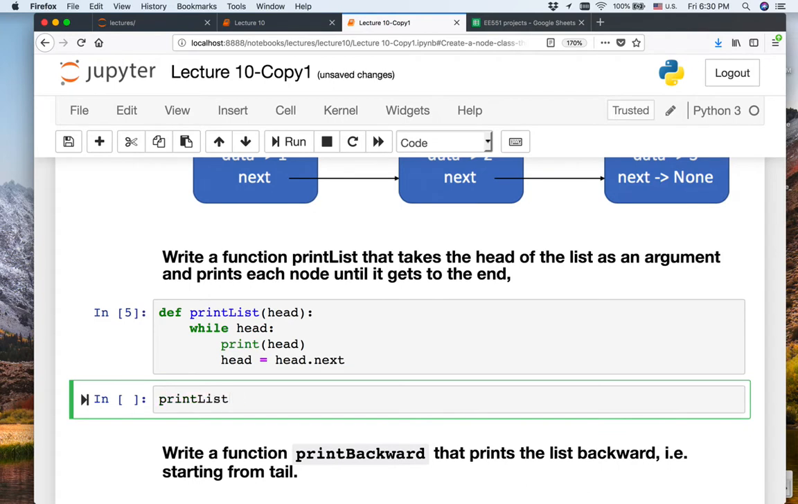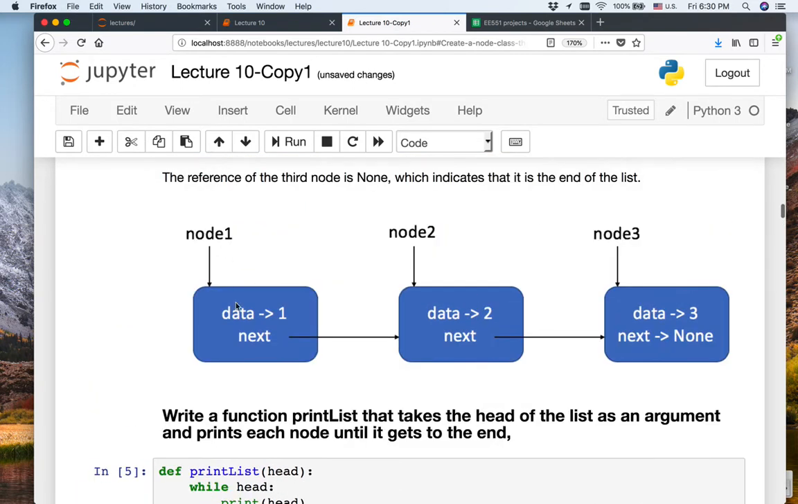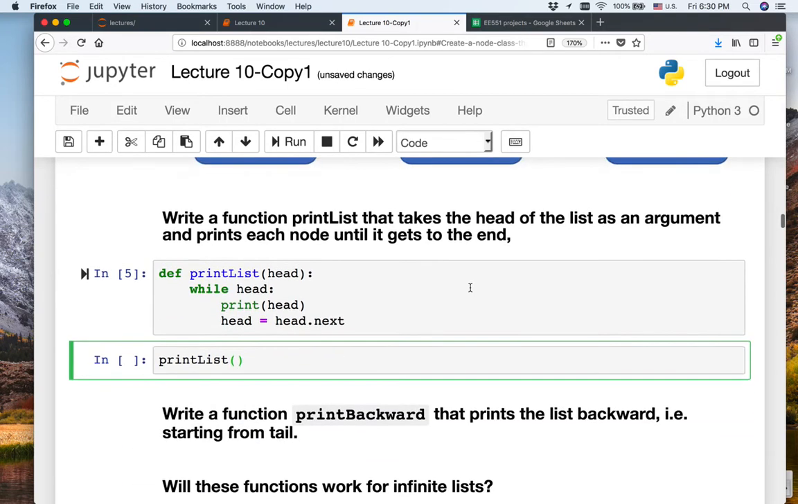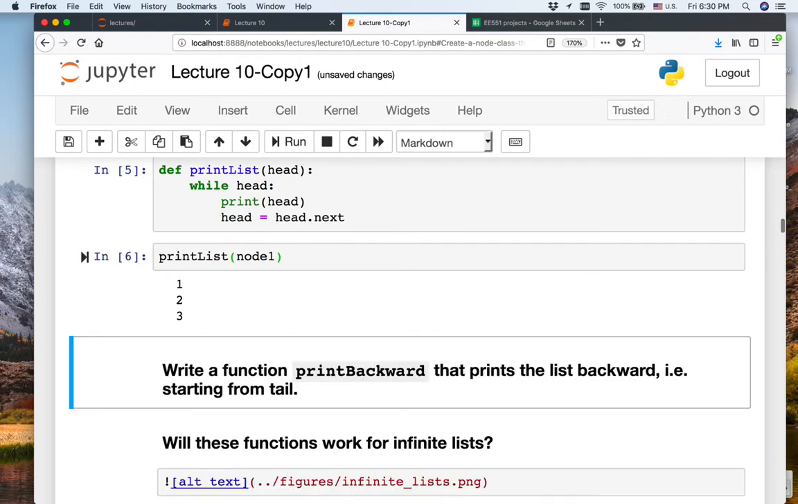Print list. So instead of head, my head is node 1 here, right? That I already created. Everything is linked to each other. So do you think I can say node 1 only? Do you think it should work? Any objections? Okay. All right, not bad, but